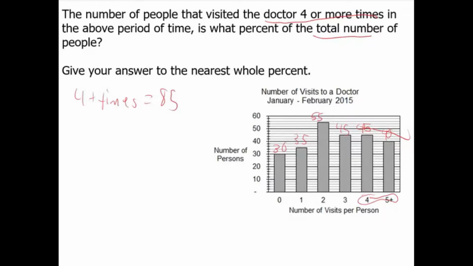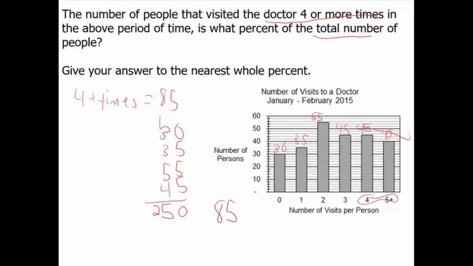So we're going to add 30, 35, 55, and 45. And that is going to give us 0, 8, 11, 14, 17, 23, carry the 2, is 250. So lastly, to calculate the percent, we take the number of people who visited the doctor 4 plus times,